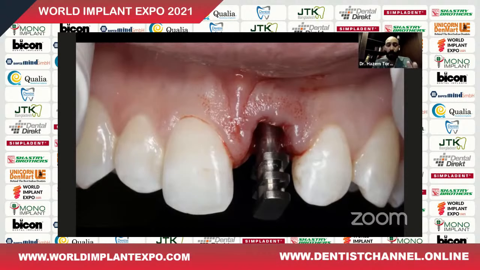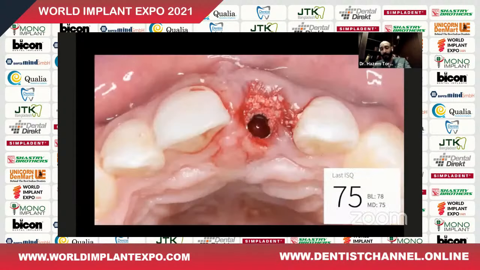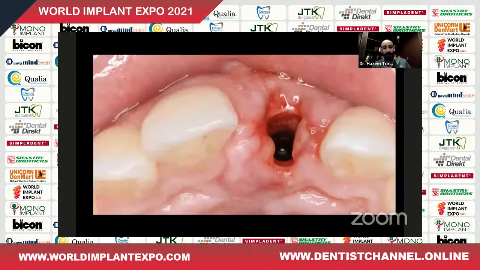And what we did was we took a direct impression, and then we placed a healing abutment, and the patient left for around 24 hours and came back the next day to receive the temporary crown that we have fabricated. You can see how beautiful and how fast nature acts and kicks in to protect the socket. You can see the difference between this socket, which was the day of the surgery, and this healing result, where